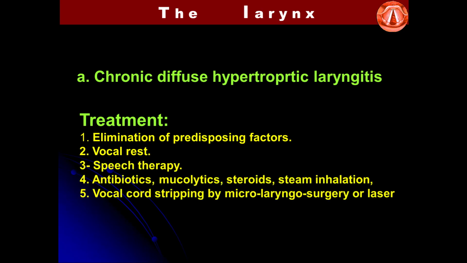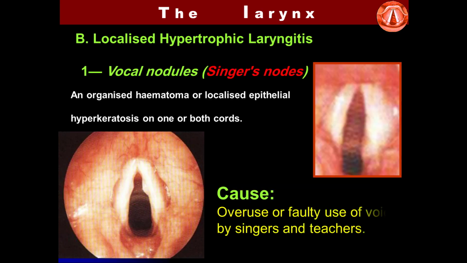As regards the treatment, we should know that elimination of the predisposing factor is important, so as not to allow recurrence of the Reinke's edema. Vocal rest, speech therapy with our speech phoniatricians, antibiotics, mucolytics, steroids, and vocal cord stripping by microlaryngeal surgery or laser. As regards the vocal nodules or singer's nodes, unorganized hematoma or localized epithelial hyperkeratosis in one